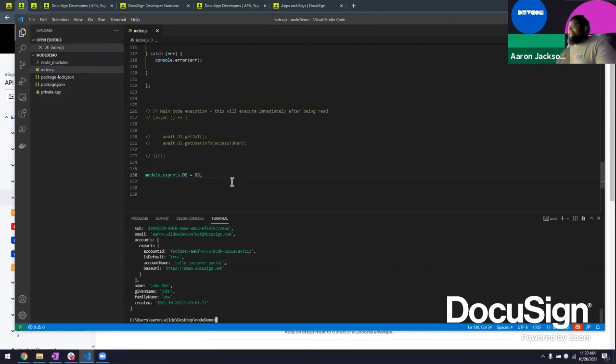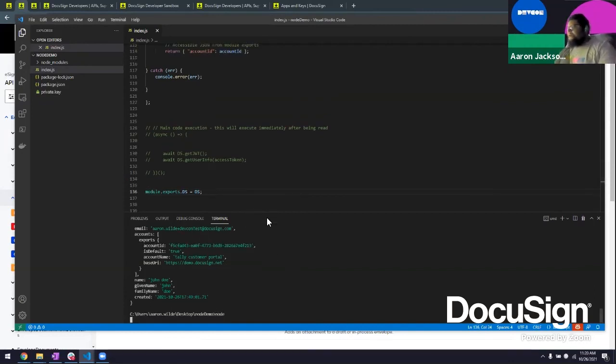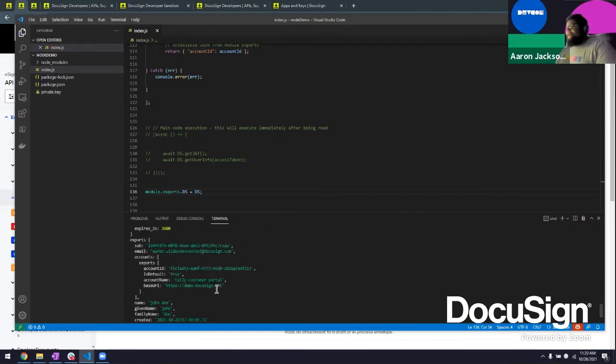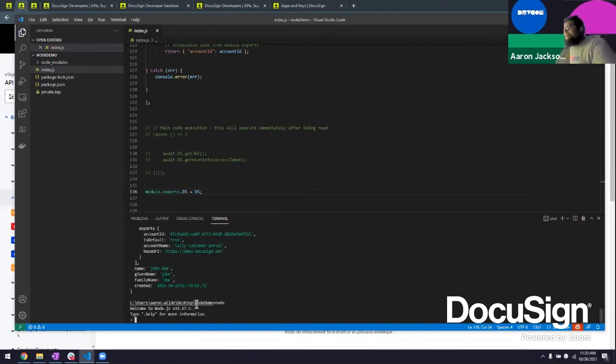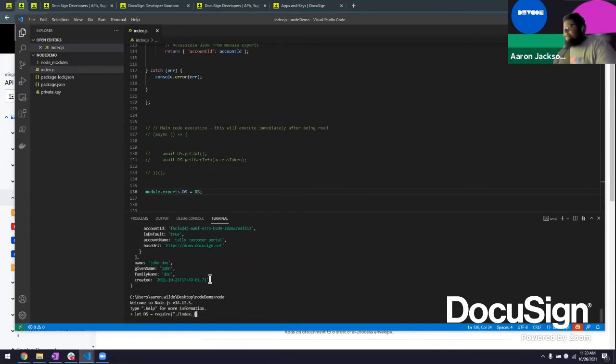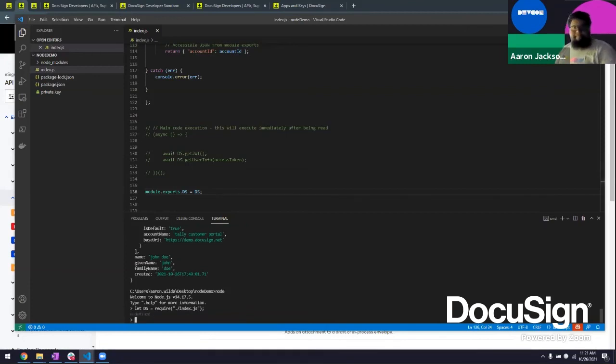And then from there, instead of running node index, you may run node, and we're just doing it in the REPL style, right? So we want to go let yes equal require, right? Index.js. Right? And so that's now imported this, and from there, what we could do, for example, is we could go